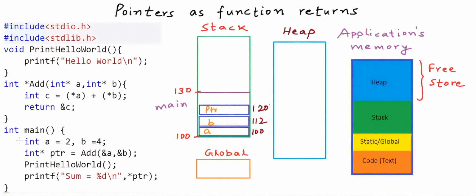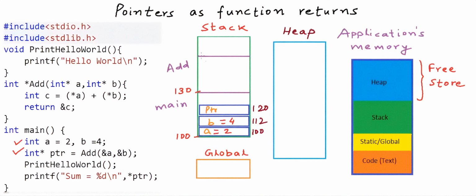Now when the main method comes to this line where it is calling the add function, its execution will pause, and now memory will be allocated for the execution of add. At any time, whatever function is at the top of the stack is executing. The main method will wait for the add function to complete and return. So here I should say a is equal to 2, b is equal to 4, and now add comes here